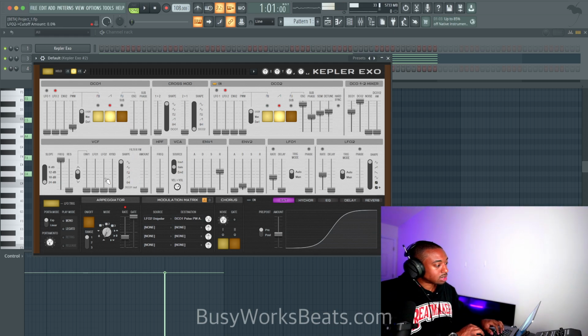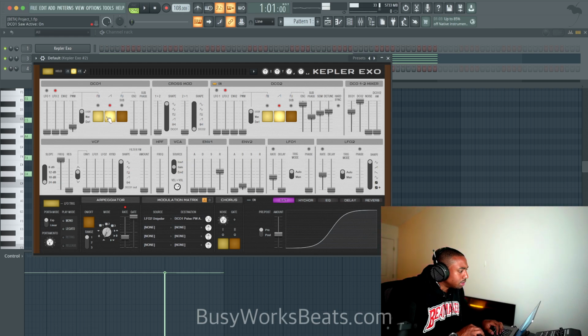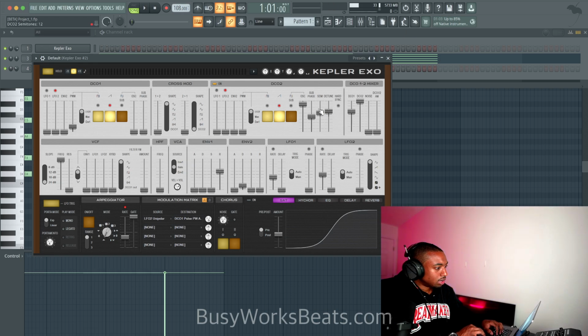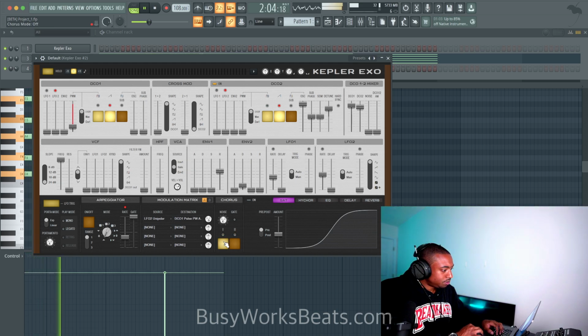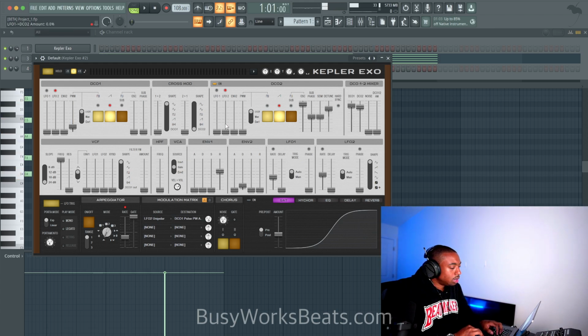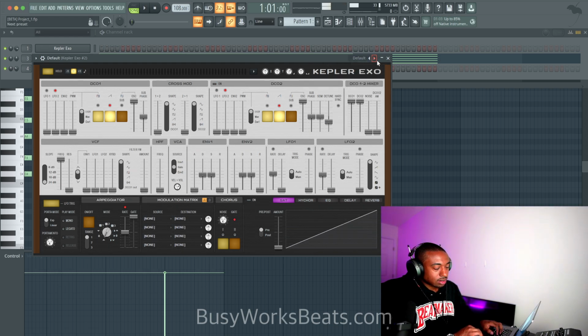I might have to start from scratch, but I'm trying not to start from scratch. Let me figure out why it's bitey. Let's turn off the oscillator. All right, it's just oscillator 2. It's just up an octave. Let's pull it back down an octave. Detune it. Just level it more. It's crazy what chorus can do to make it sound less harsh, because it's spreading the energy apart. That's why. Okay, let's start from scratch, because I don't know why this sounds so harsh.